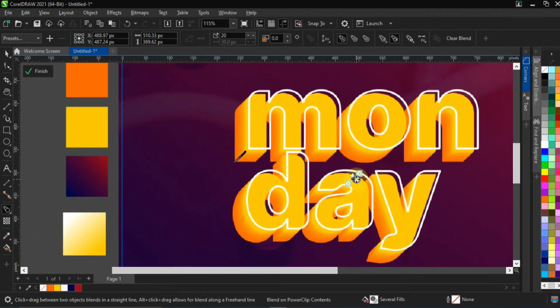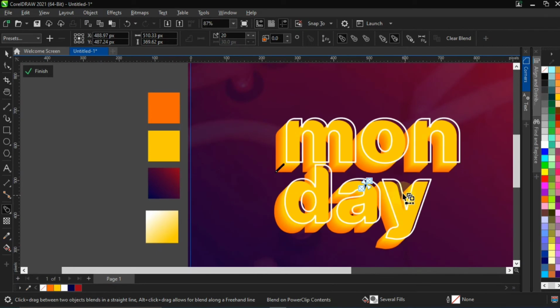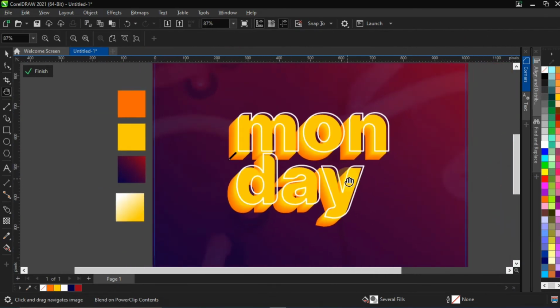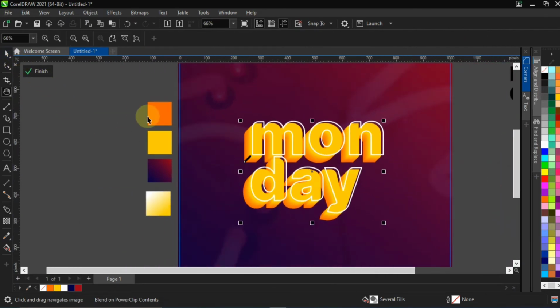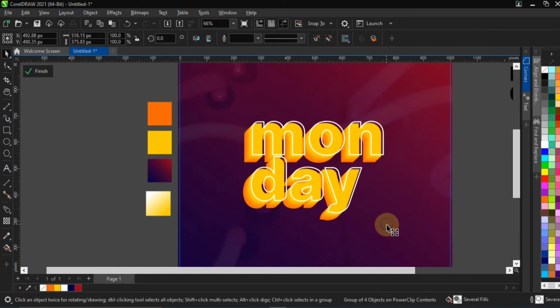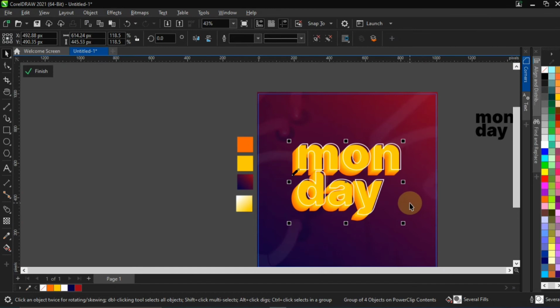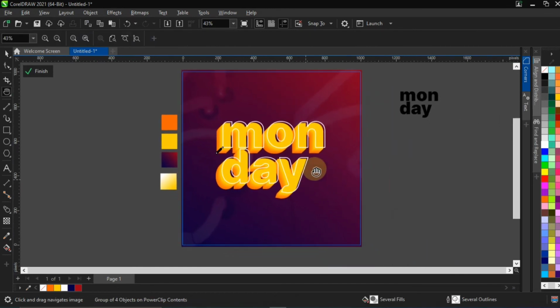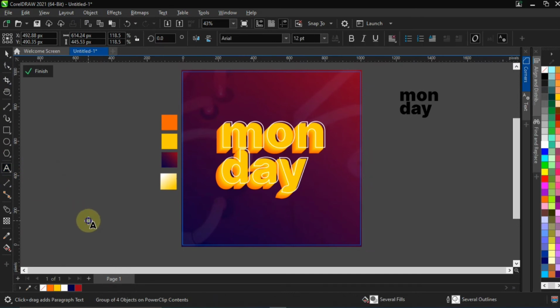Okay, I think this is okay, so that it will be of equal stuff. It doesn't seem as if the yellow is just occupying everywhere. So now we've created this effect. The next thing we are going to do is group them, then increase a bit, and then bring in a little bit of text. Since it's Monday, let's try something like